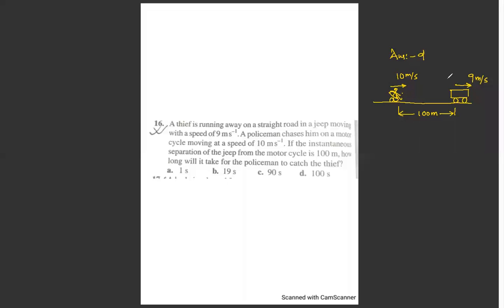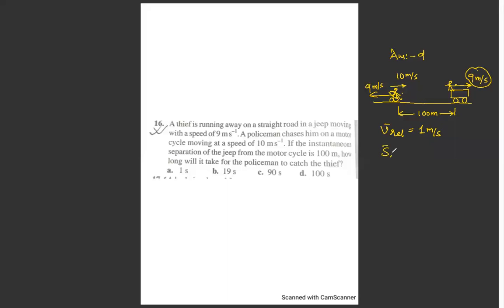What I told you about how to analyze the system by relative velocity: go and sit on this body, take the velocity of this and add it in the opposite direction to the second body. So when you add it, it is going to become 9 meters per second. So 10 minus 9, so V relative will become equal to 1 meter per second. Both are running in the same direction.